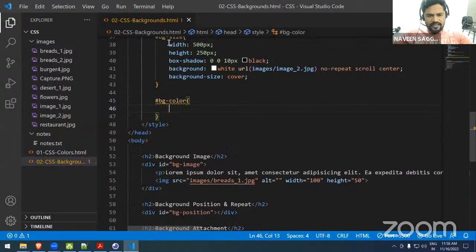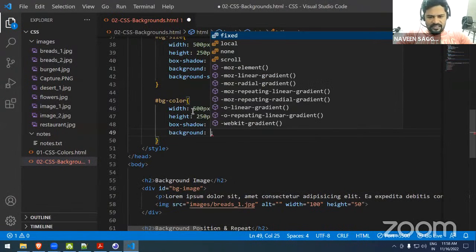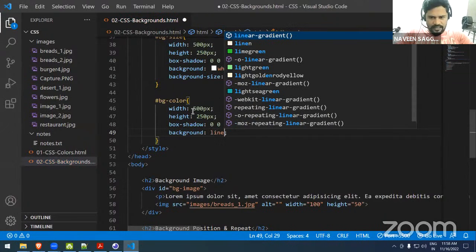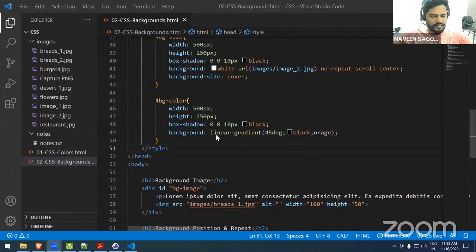So some width and height of shadow. So background, no image, nothing. Just there is something called linear gradient. Okay. So first there are three parameters. First angle, 45 degrees, comma black, comma orange. So 45 degrees angle, black and orange shade. So you get,